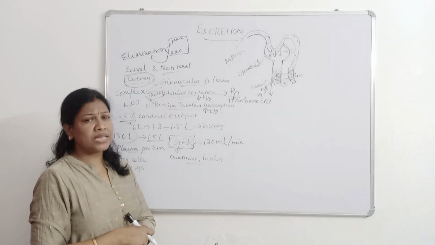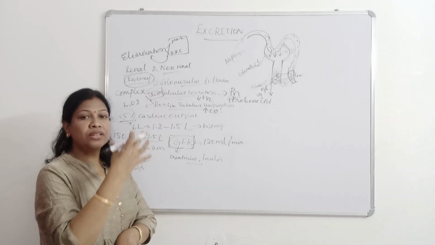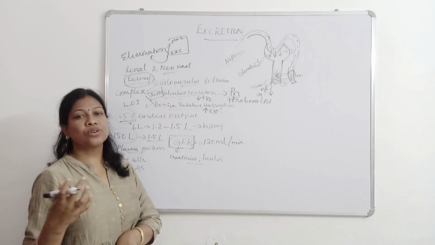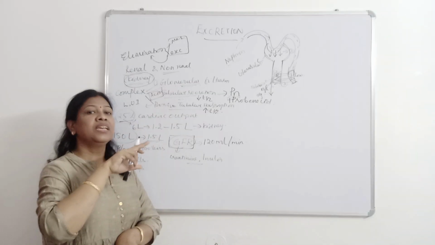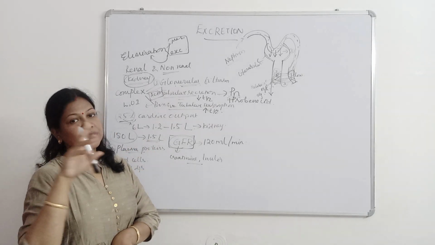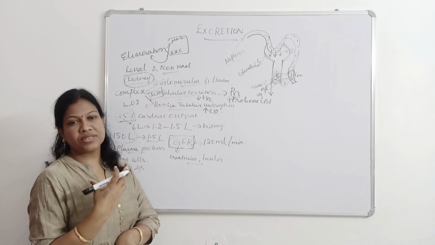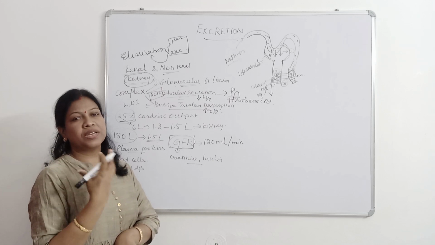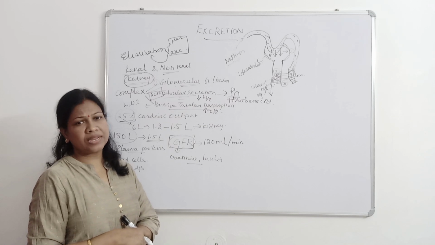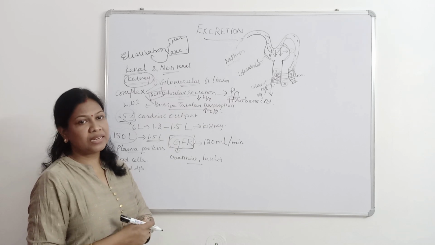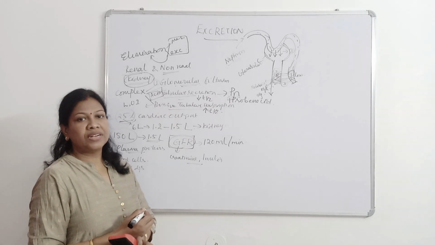Like glucose. Glucose has 100% absorption in our body. Why? Even the glucose which has been filtered through the glomerulus, once it enters the tubules, will again be actively reabsorbed into the body, and 100% of this glucose will be absorbed into the blood. So some drugs also undergo tubular reabsorption, and it will reduce the clearance,